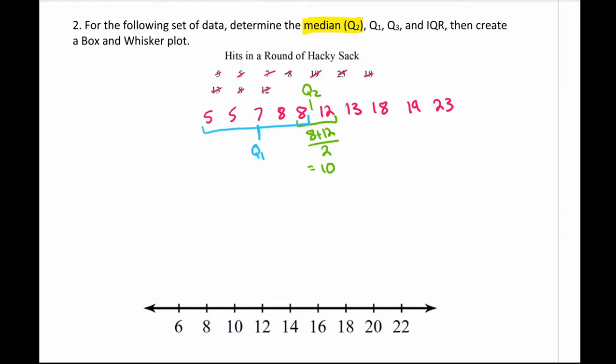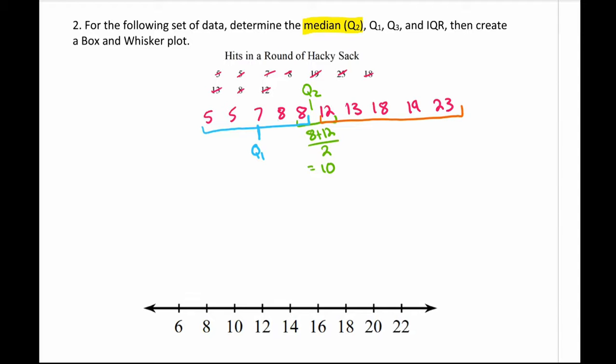If when we were finding the median, or Q2, it was an actual single value or data point, then I couldn't include it in the Q1. But since in this case the Q2 of 10 is not an actual value or data point, I have to include the 8. Same thing for the second half,